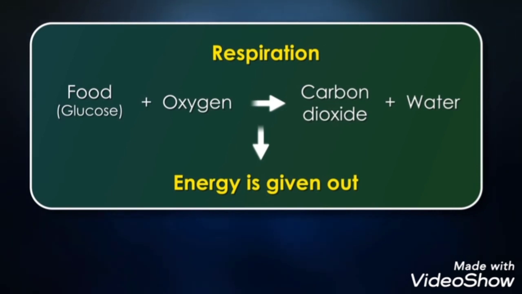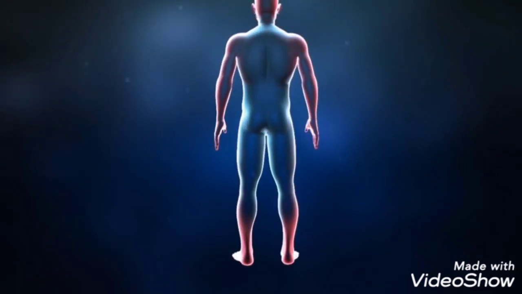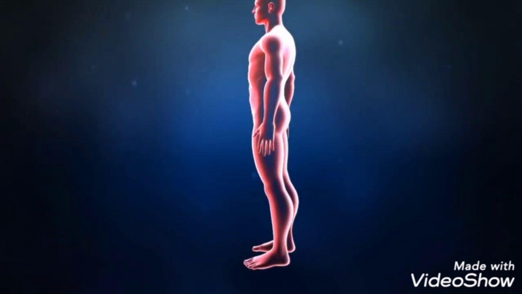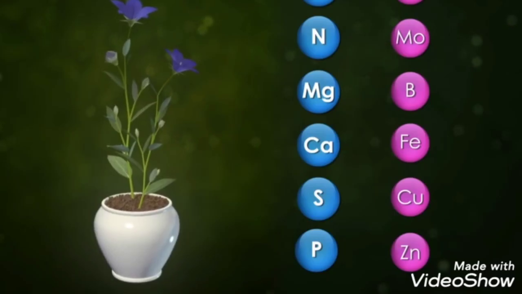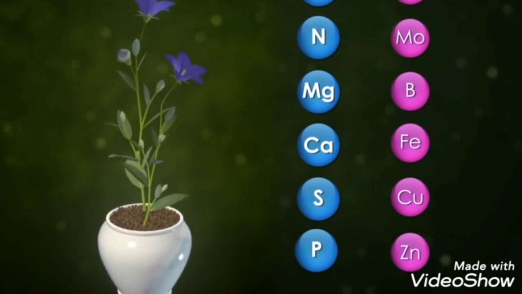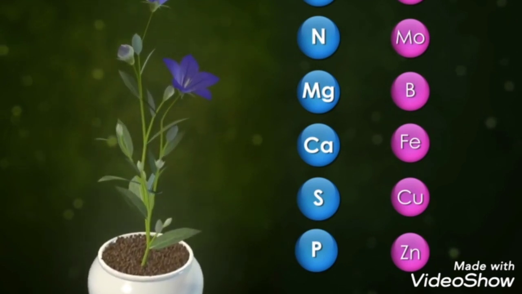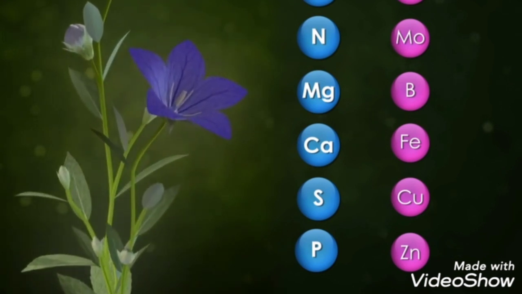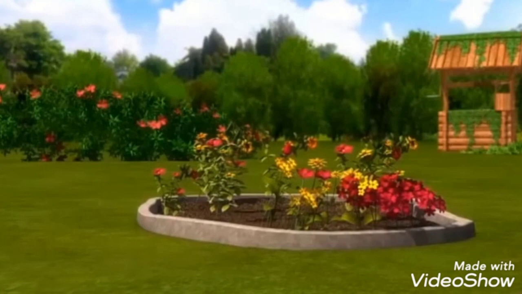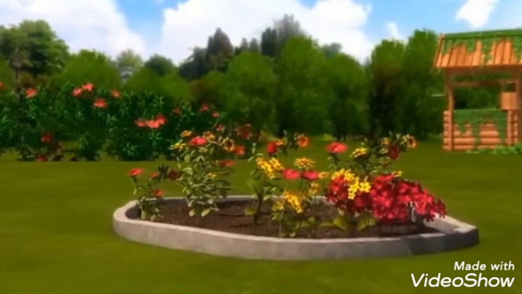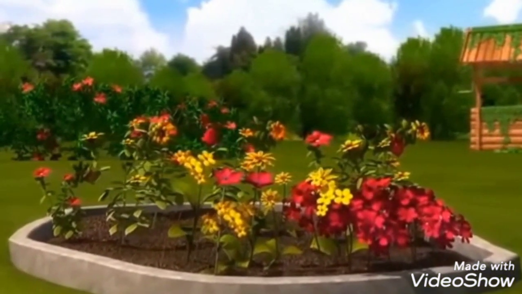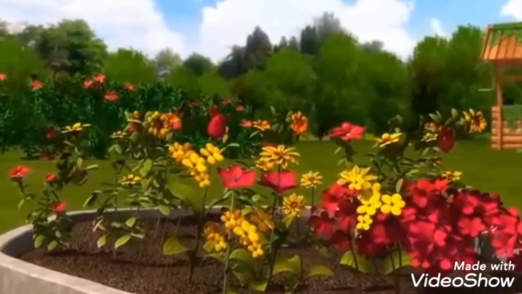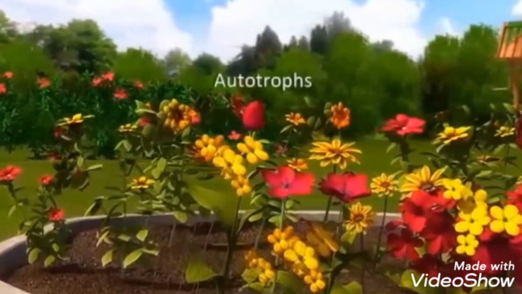If we do not get sufficient nutritious food, it leads to disorders in our functioning. In the same way, plants also require nutrients to protect themselves from disorders. These elements are usually present in the soil and are supplied to the plants through root hairs. Autotrophic nutrition in plants. All living organisms like plants, animals and human beings require food for their survival. Green plants make their own food and so are called autotrophs.